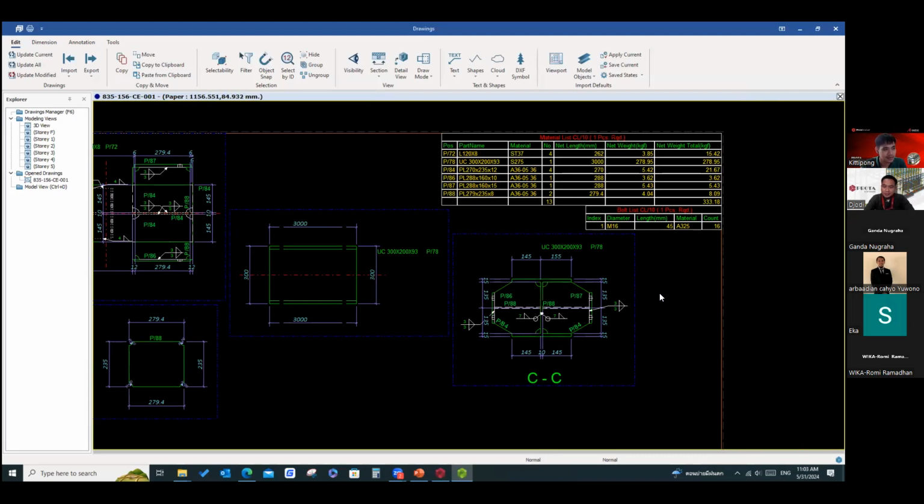Maybe next question: can we design the bolt configurations for every joint, like the distance between each bolt and the diameter of each bolt?